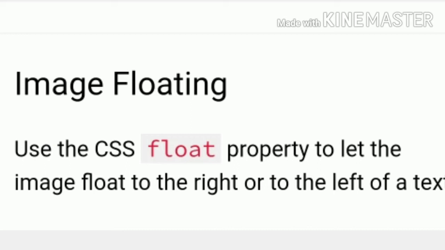For example, you can run this program with a simple image. Generally you open the html tag, open the body tag, after then go for the h2 tag. These are similar to all programs. Heading tag, floating images, closing of heading tag. After then go for a paragraph tag. After then you can use a strong tag, which you already discussed in format tags. The strong tag is used here: float the image to the right column, closing of strong tag, after then closing of paragraph.